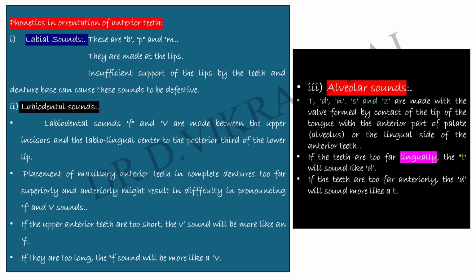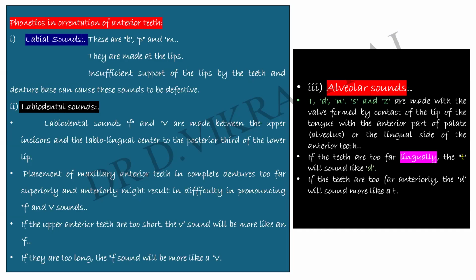Coming to phonetics, C. It is also one of the very important things. Labial sounds are B, P, M. Whenever we pronounce these, we are going to have a bilabial contact. BPM, also called papa mama. And labiodental sounds are F, V, which are made between the upper incisors and the posterior third of the lower lip. And the placement of the maxillary anterior teeth in complete dentures too far,